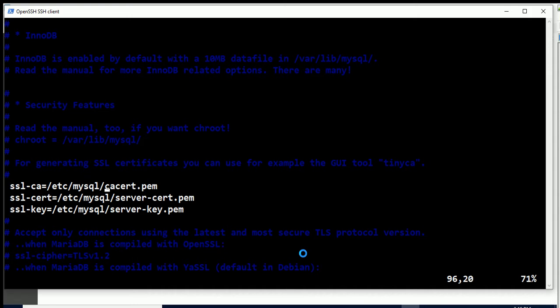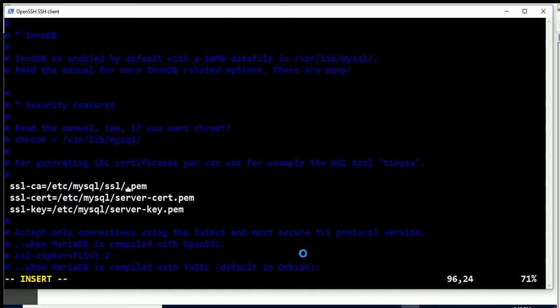And of course, this is not going to be the right path. So I have to delete these. Although those I gave the same name, server-cert and key.cert. So let me switch to insert mode. So if you remember, the SSL CA is going to be in /etc. Whoops, oh wait, we're already in etc. Etc MySQL SSL,